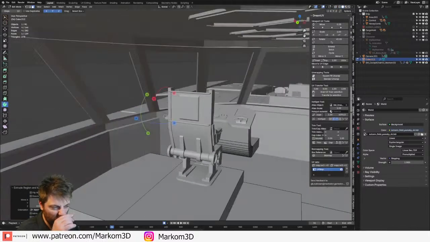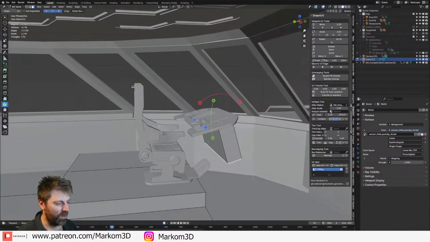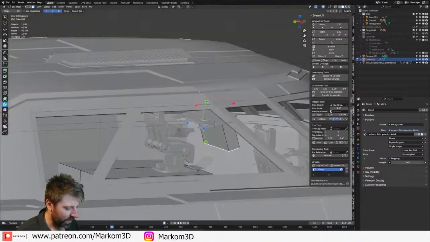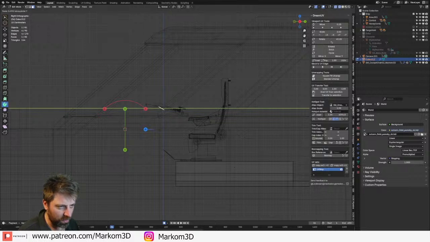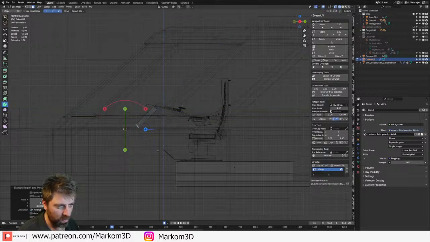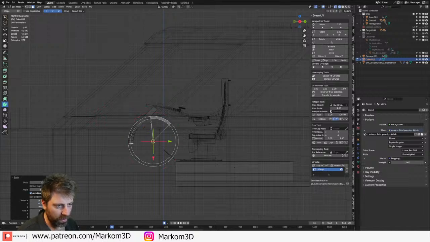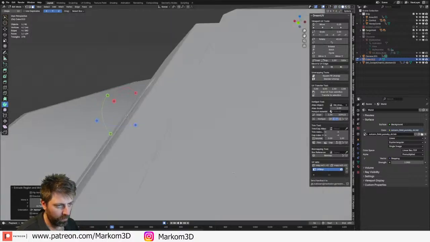Whatevs. Oh no. Can't do that because their legs will be stuffed. Let's go scale on the y-axis, and we'll do like this. Bam.